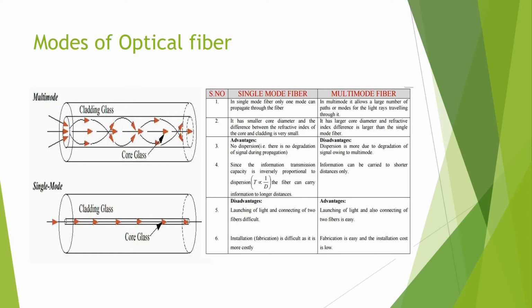Now you can see how the light propagates in single mode and multi-mode. Basically, multi-mode fiber was the first fiber type to be manufactured and commercialized. The term multi-mode simply refers to the fact that numerous modes of light rays are carried simultaneously through the waveguide. Multi-mode fiber has a much larger diameter compared to single mode fiber. This allows a large number of modes.